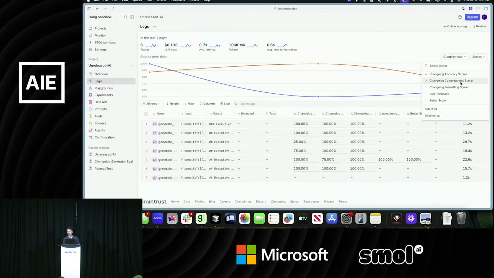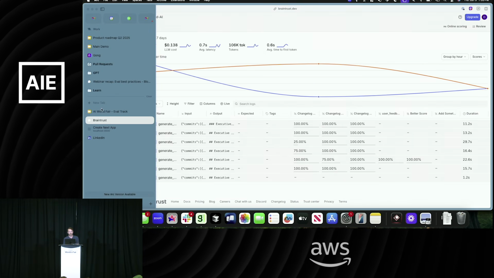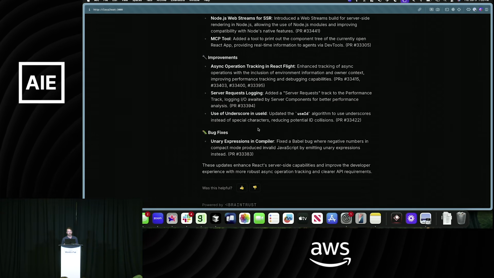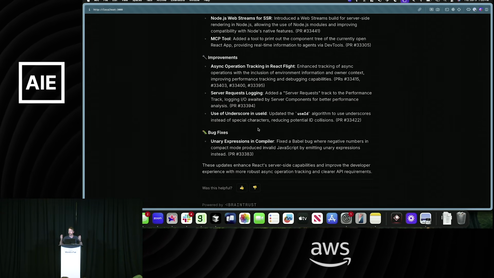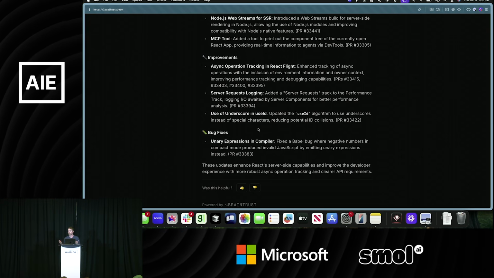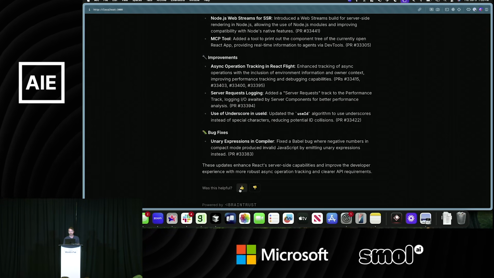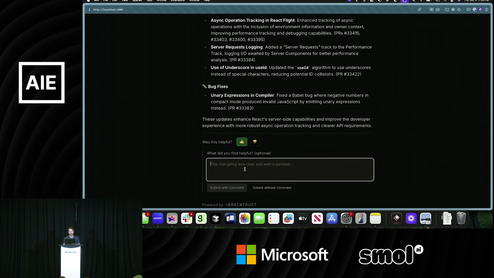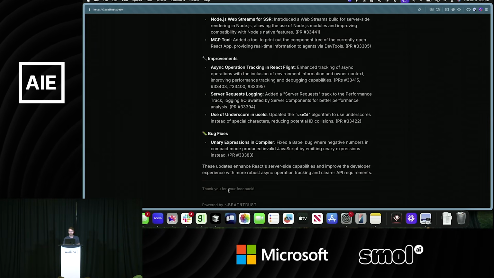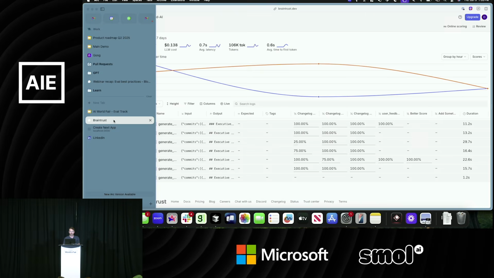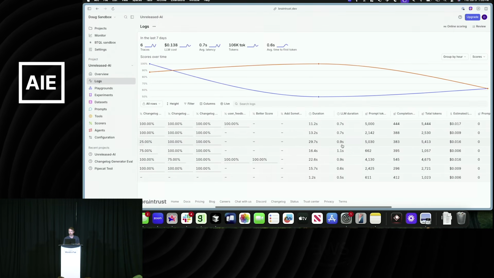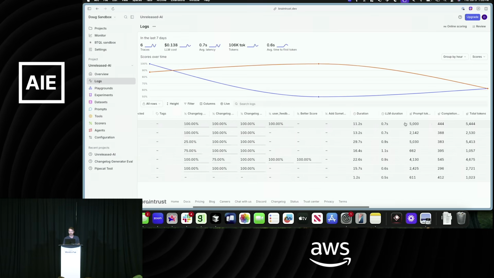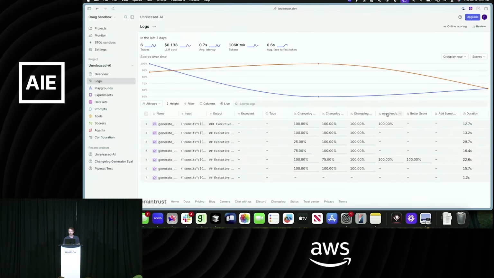The other thing to call out here is the feedback mechanism, right? We certainly have the ability to do human review, but oftentimes you want your users to provide feedback as well. This is just a basic example of a thumbs up, thumbs down, and you can even provide a comment here. This can now be logged to Braintrust. So I should see over here my user feedback. Here's my comment, and then I have my user feedback score.